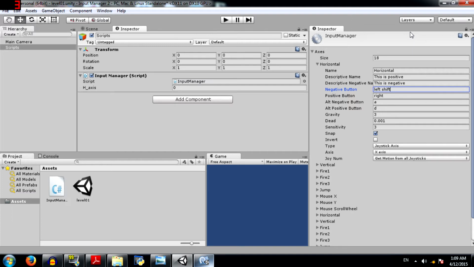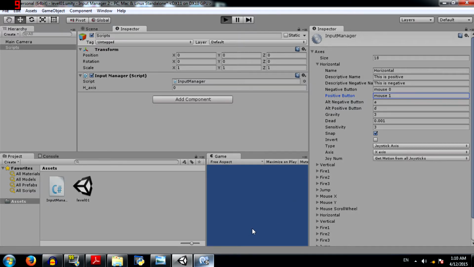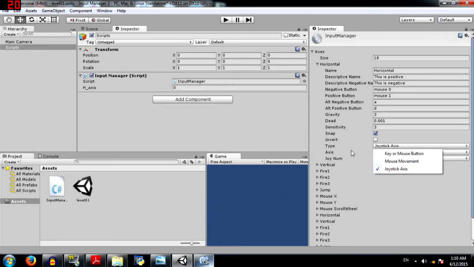Left shift, right control, and so on. You have mouse buttons, which would be mouse 0, I believe that's the left mouse button, and you have mouse 1. Let's try these two out. Play the game. Oh, before that, change type to key or mouse button. Now play the game,